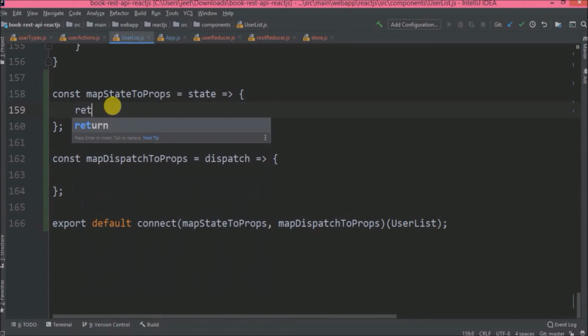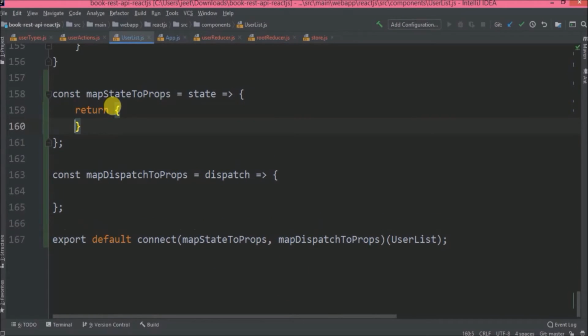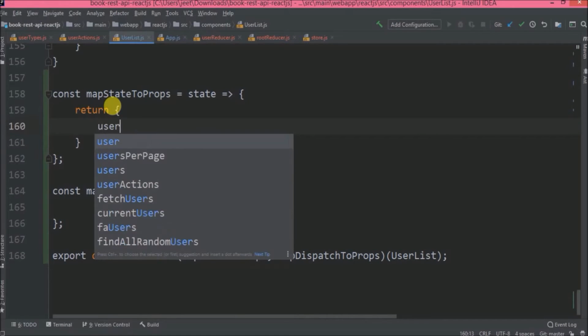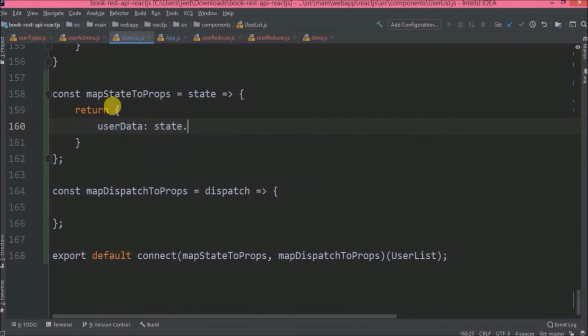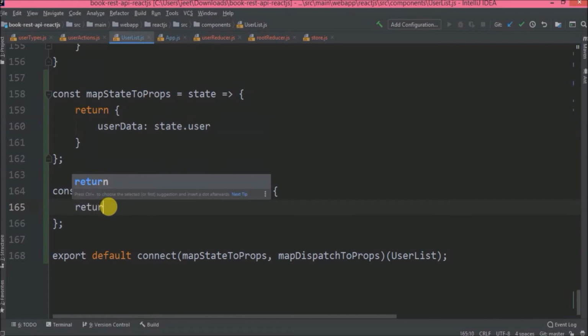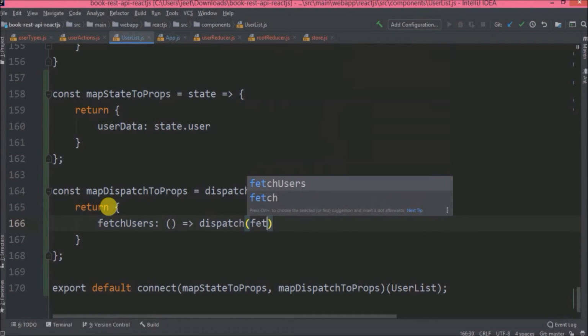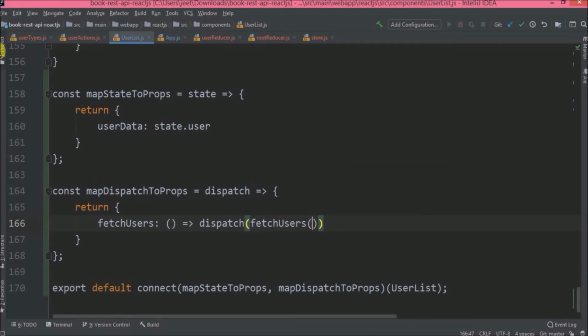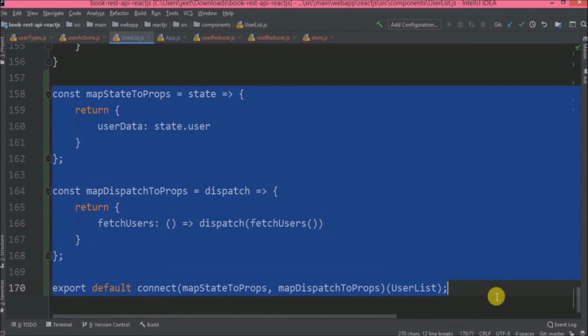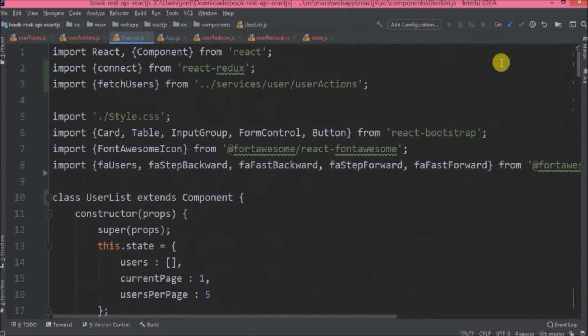Now for mapStateToProps, let's return the userData, and for userData, get the value from the state user. And for mapDispatchToProps, let's return the fetchUsers, and for fetchUsers, get the value using dispatch, and from inside this dispatch call the fetchUsers method of userActions. Okay, this code is done.